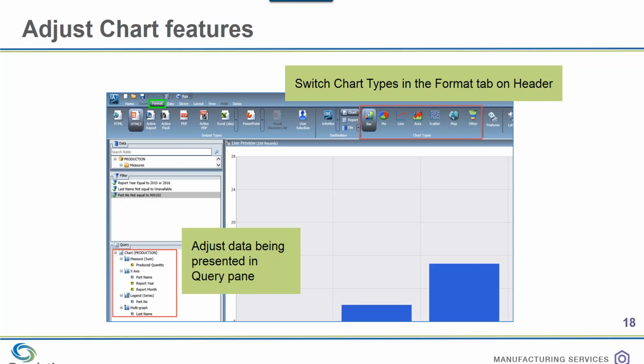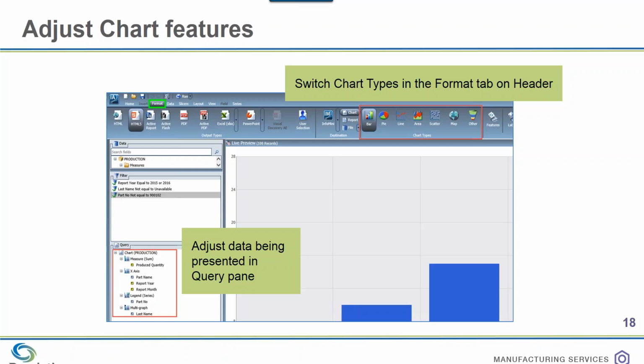So in my case, what I was interested in looking at was an example of the parts produced by an operator over a given period of time, and I wasn't really interested, from a charting perspective, in seeing things like part number or the report month or part name, any of those sorts of things. So I can pull those pieces out of there.